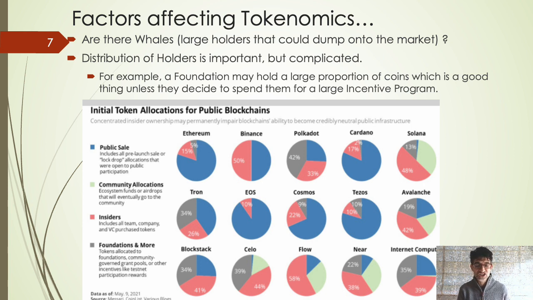And what's in the foundation? I think we all know about the pink, the insiders. If it's a lot of insiders, that's whale risk, that's bad. They could dump. But what people don't know about are foundations. Foundations tend to be good, right? Because they're holding all those coins, and it means they have a lot of money. They have probably a lot of the native coin that they can spend, and they could fund themselves. They can fund the developers. That's a good thing. But what the foundations could also do, if they have most of their treasury in their native currency, is dump those currencies and use that money to fund developers. So that could be a bad sign, so you have to watch out for that.